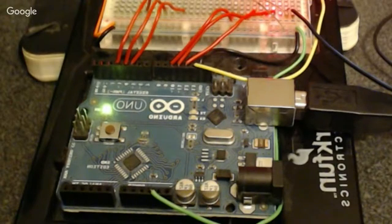Awesome. You can see on the board that there's an LED lit up. That's the big green blob off to the right-hand side next to the word Uno. And that corresponds to a pin, and that's basically saying that the Arduino has power and that this is all